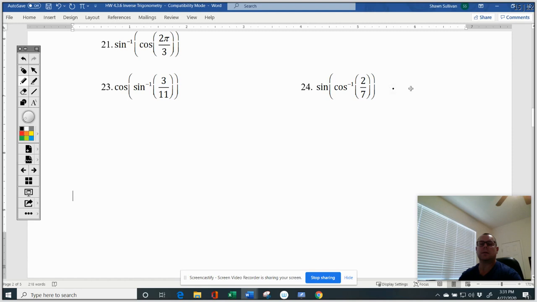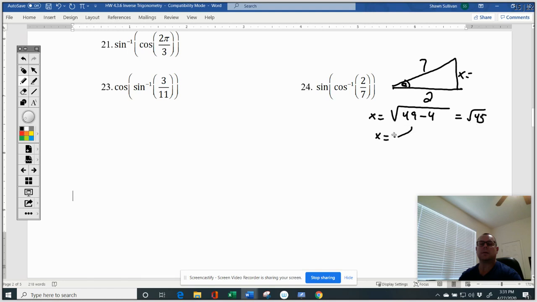So we're going to build our triangle right here. And that's our angle theta. And we know that cosine is adjacent over hypotenuse. So this whole thing becomes 2 over 7. And we're looking for our x value. So this x value is equal to, using the Pythagorean theorem, 49 minus 4. So that is the square root of 45, which simplifies. We can pull a 3 out as